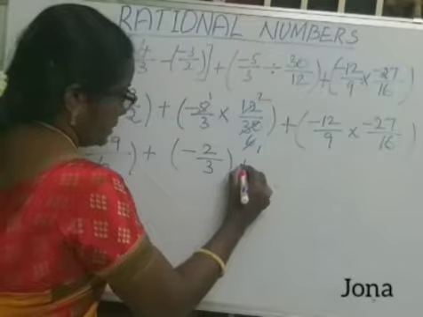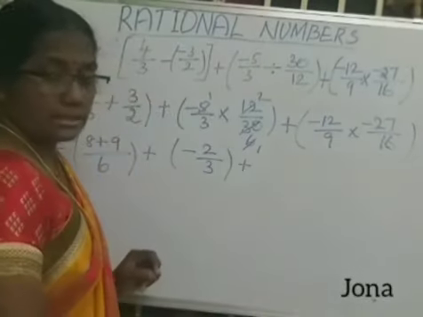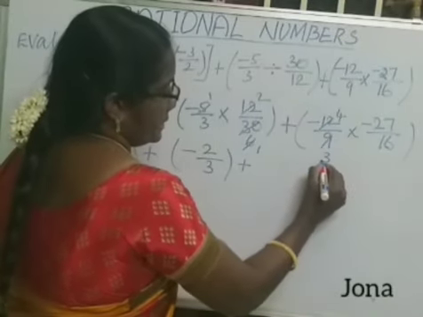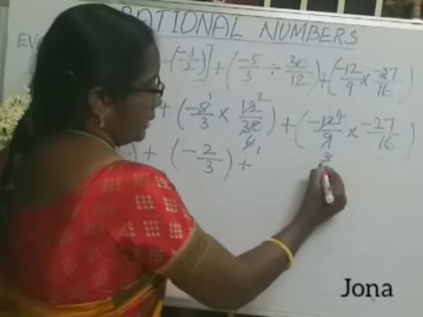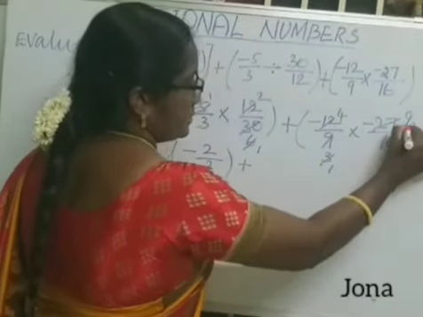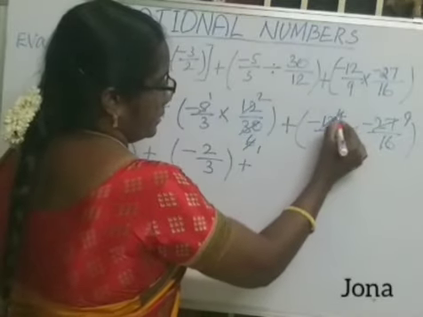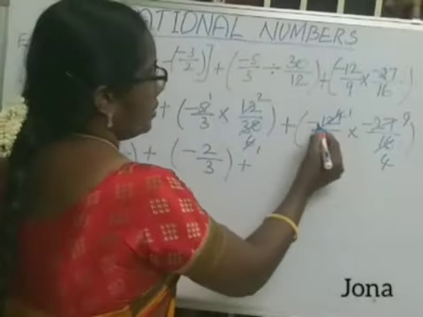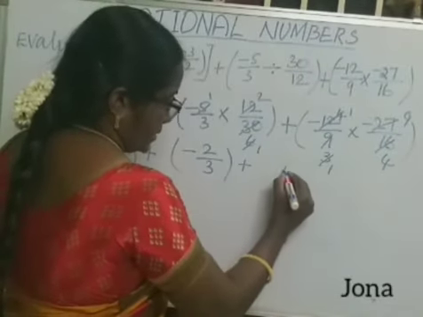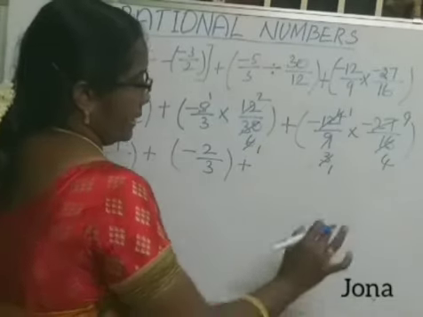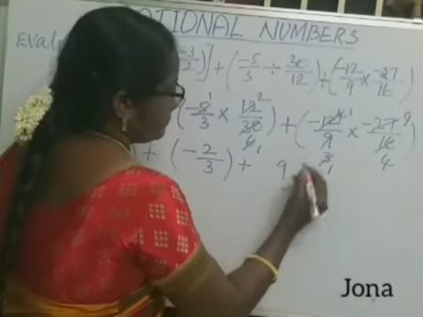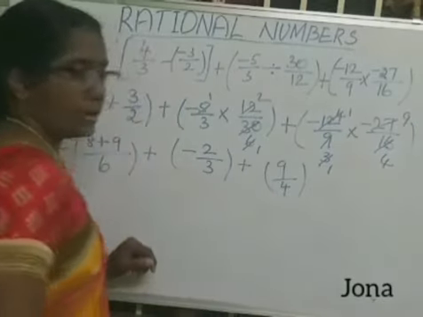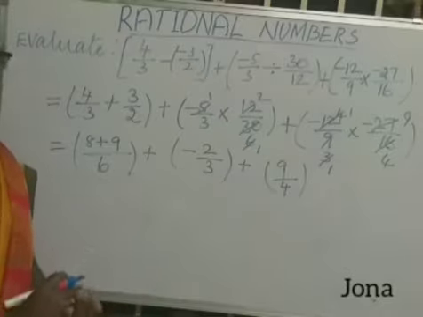Okay. Plus, now look at the next one. If possible, we can cancel the numbers. So by which table? 3 table. 4 3s are 12. 3 3s are 9. Again I can cancel here and here. 1 3s are 3. 9 3s are 27. I can cancel here and here. 1 4s are 4. 4 4s are 16. Okay. So here minus into minus, it will become plus. But no need to put the plus symbol. Keep as it is. 1 9s are 9. Here in the denominator 1 4s are 4. Okay. So we simplified each and every bracket now.